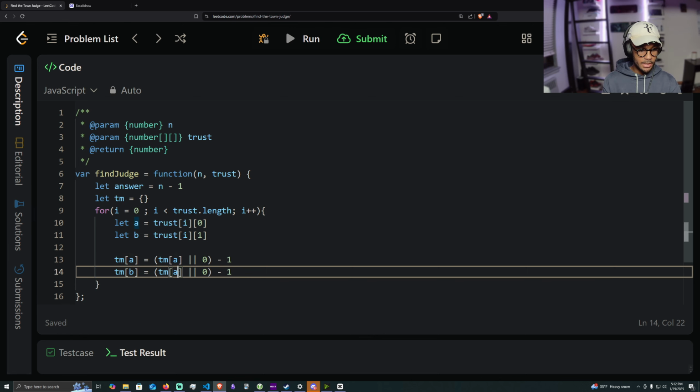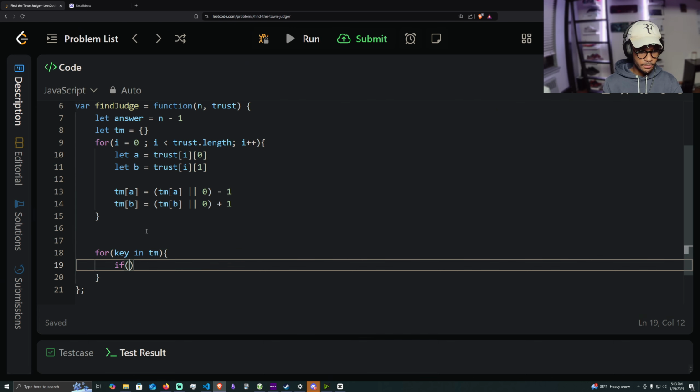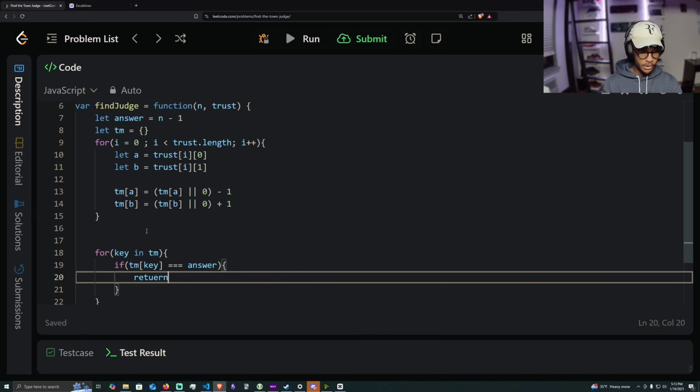And next, we want to go through and see if there's a person that has the key of answer, which is n-1. So we're going to do a for in loop. So for key in tm, which is our trust map, if trust map at key equals answer, return the key.